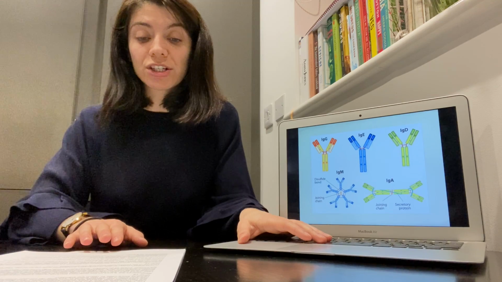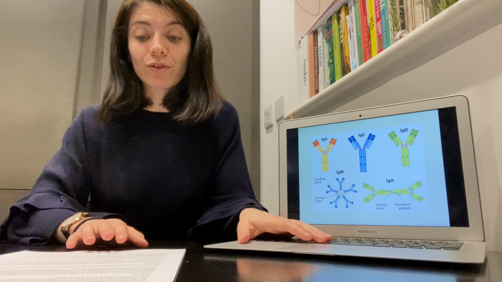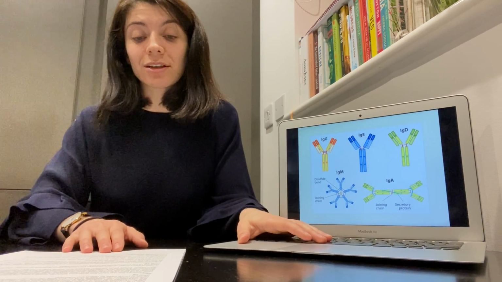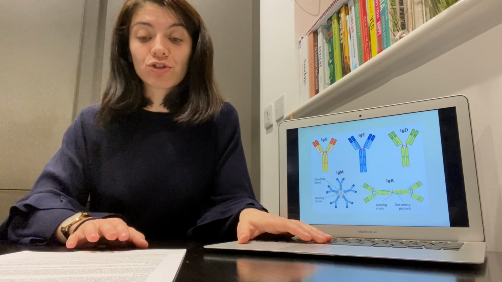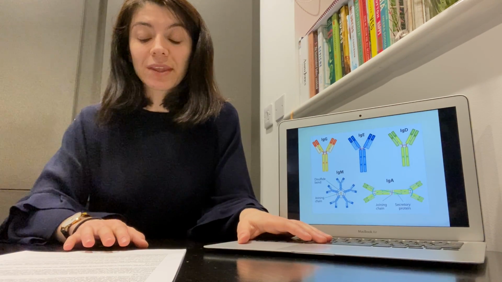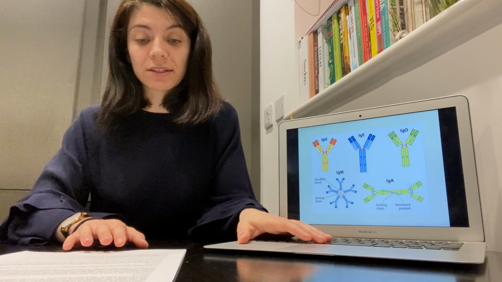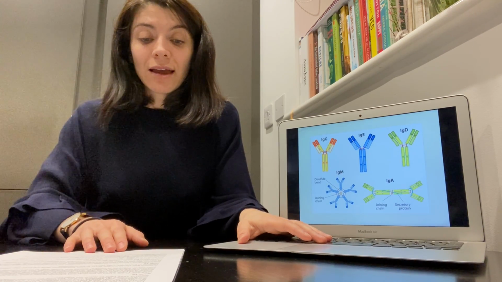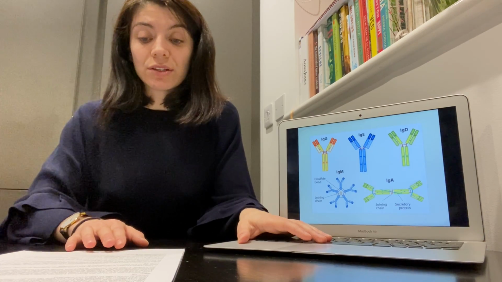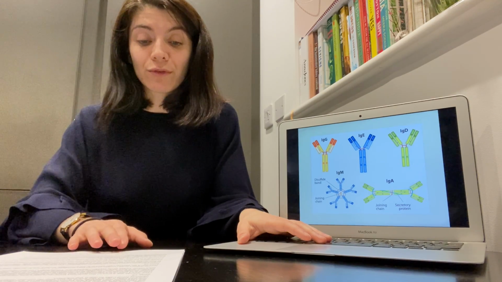They look like a Y shape, as you can see on the slide, and there are a few types of immunoglobulin, such as immunoglobulin G, which creates complement pathways. It stimulates a direct attack on foreign substances in the body. Immunoglobulin A's role is to defend the soft, moist mucous surfaces found in the mouth and throat.